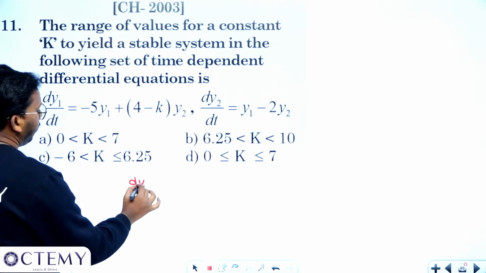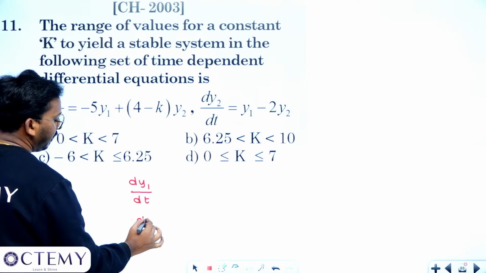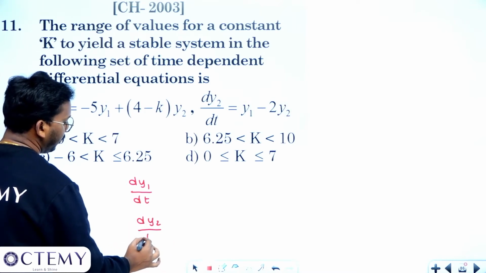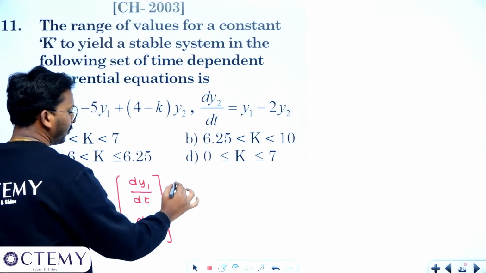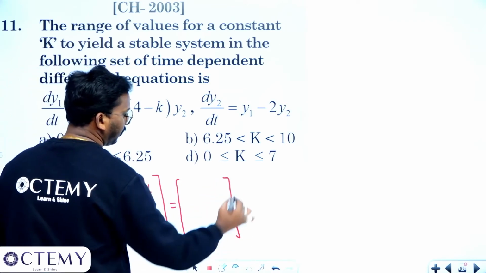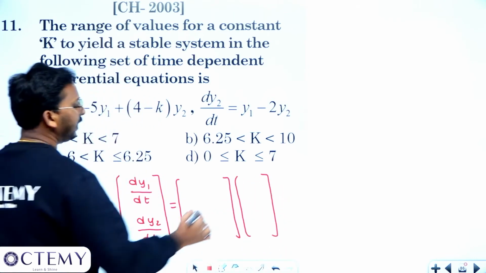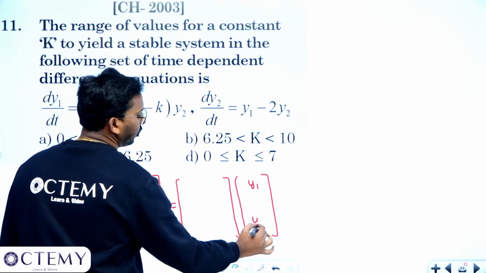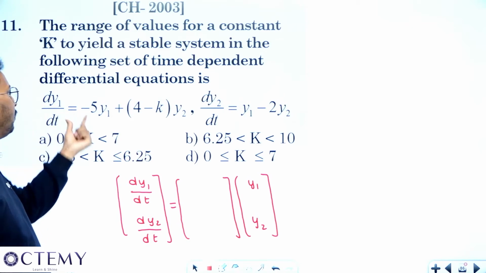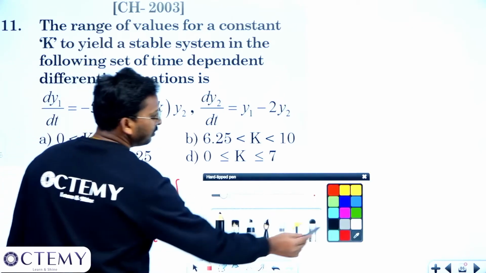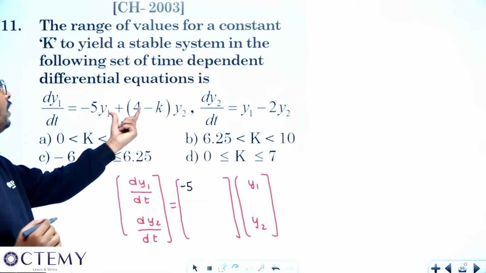Whenever we have multiple differential equations, we show them with a matrix like this, right? It will become dy1 by dt and dy2 by dt, this one matrix is equal to, here what you have, you will write it in terms of y1, y2, right? So, what is your dy1 by dt? It is basically minus 5y1. So I will fill this matrix like this: minus 5,